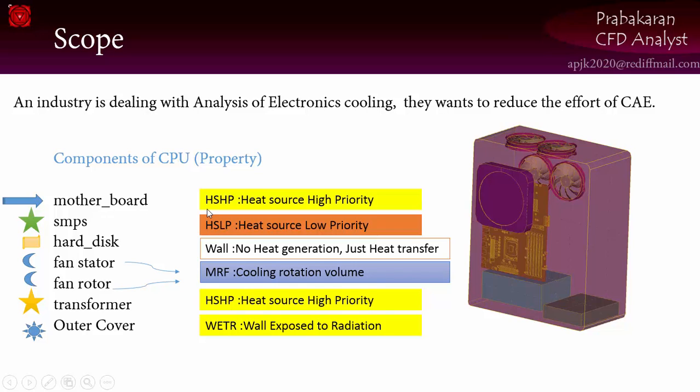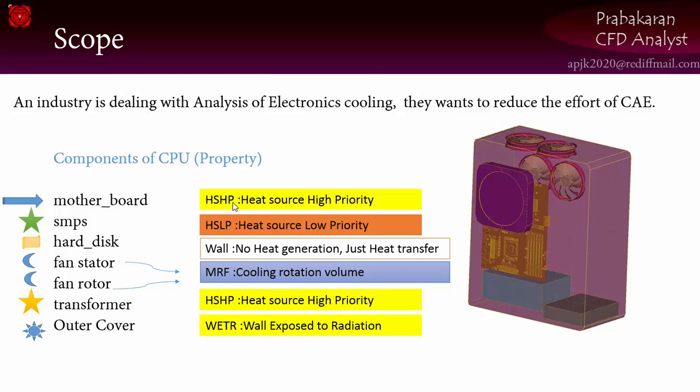So even after we run a simulation, if you want to show the result only in the high heat source and high priority regions, simply go and type HSHP